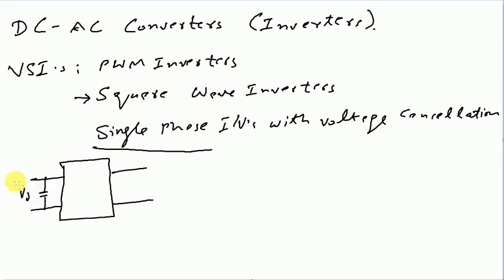Okay, we have some certain signal on the input side. And we assume that this is a single phase inverter, and plus it has some filter at the output as well, so that we can get a clean or the desired signal which we want to have at the output side. Okay,